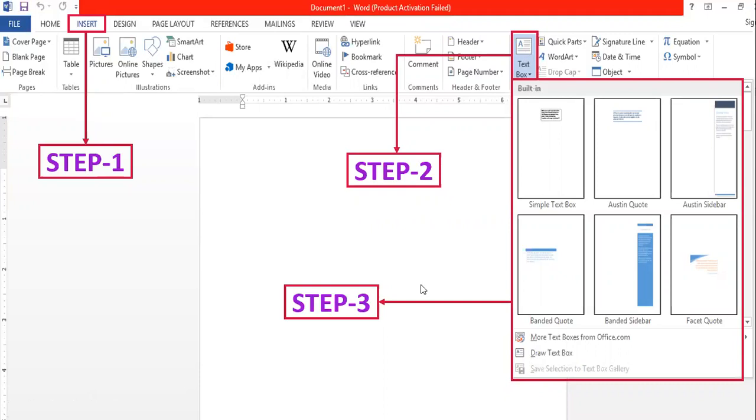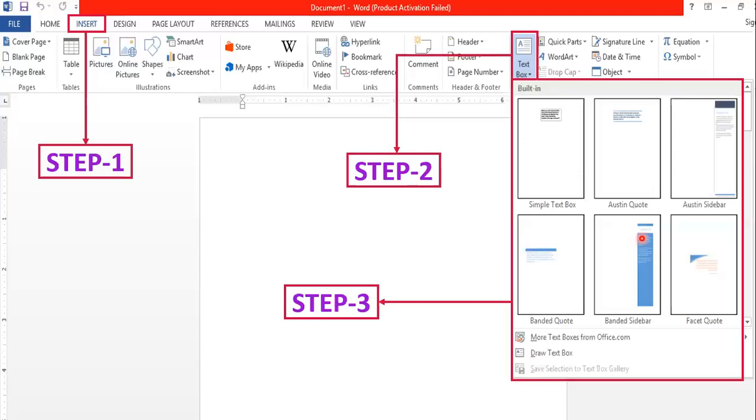In this drop-down menu, there are different pre-designed text boxes given to you. Either you can select any of the text boxes already created and given to you by Microsoft, or you can create your own. You can even draw a plain text box at whatever location on your page you want.